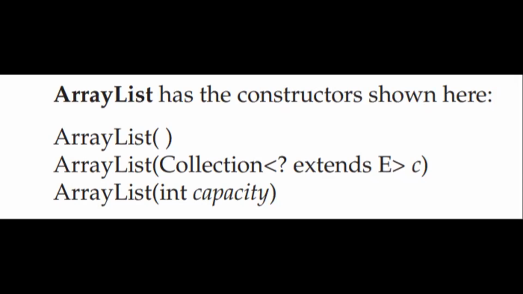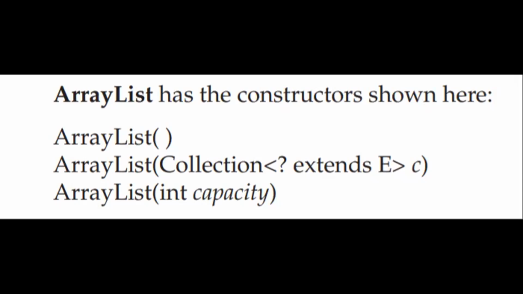Array list is a variable length array of object references. When we store an object in array list, it is the reference that is going to be stored. Array list can dynamically increase or decrease in size. It can also be created with an initial size. When the size is exceeded, the collection automatically gets enlarged. The various constructors through which we can create an array list are shown there. There are three constructors.